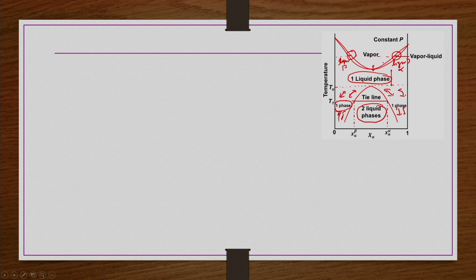Now you can see that as the mole fraction increases, after this point only vapor exists for a large range of intermediate mole fractions. Then again vapor liquid equilibrium is there. After this, at extremely large values of XA, we have only a single liquid phase. So these kinds of systems exist. All of this we are doing on the TXY diagram at constant pressure.